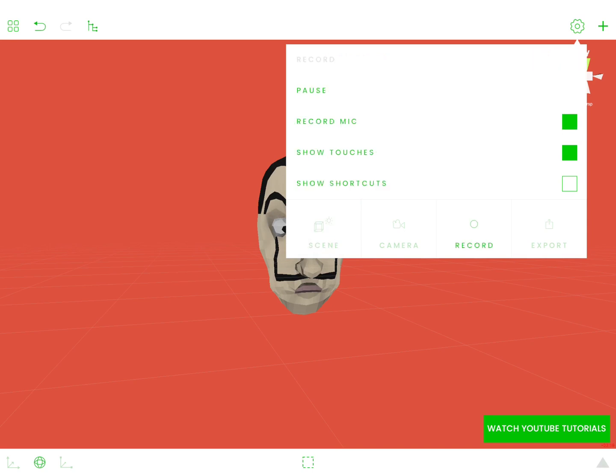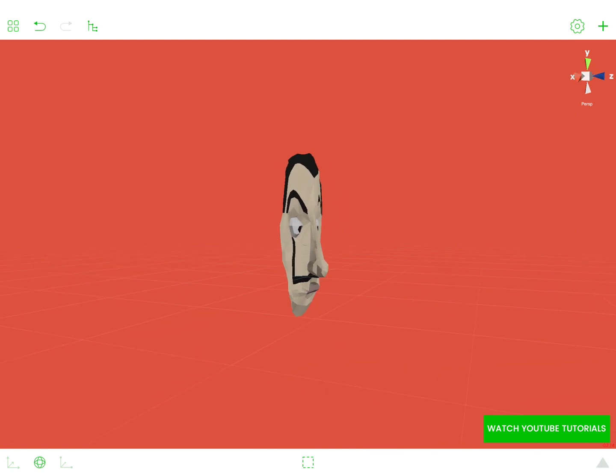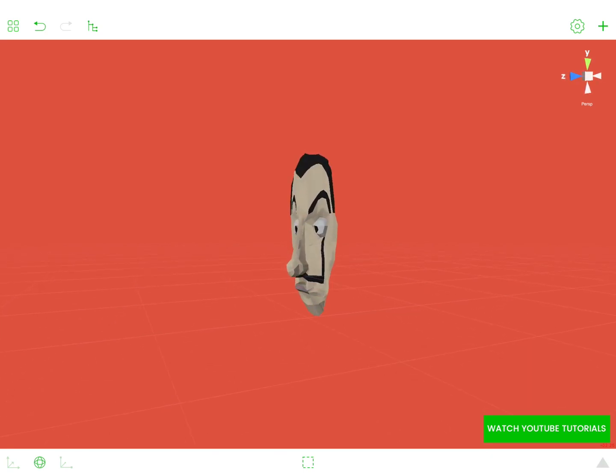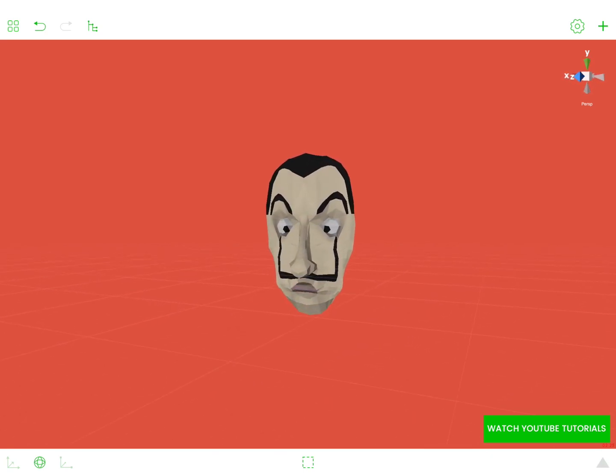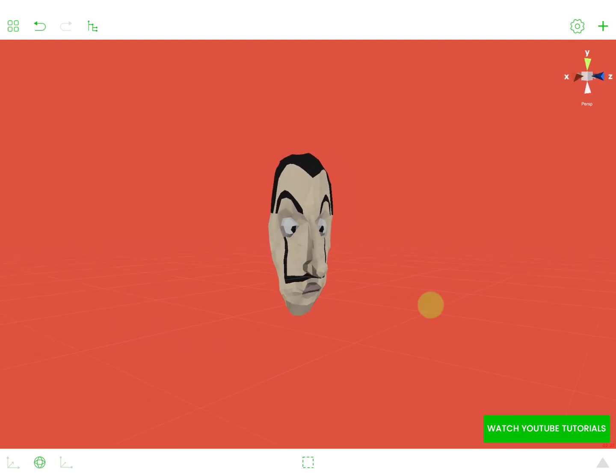And let's spin it. Here's the mask. There's nothing from behind, of course, because there are no polygons, which is okay. Yeah, this shot shows us. Okay,